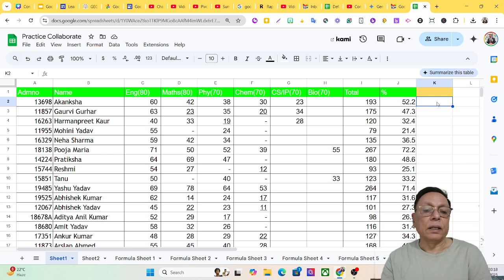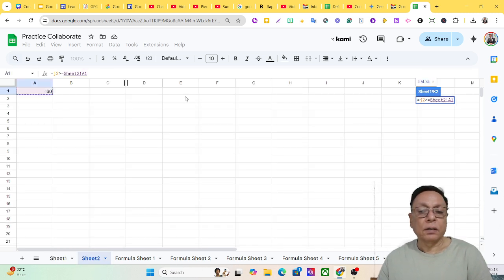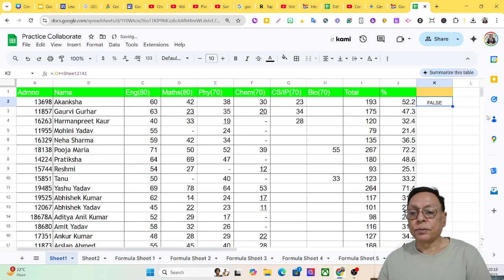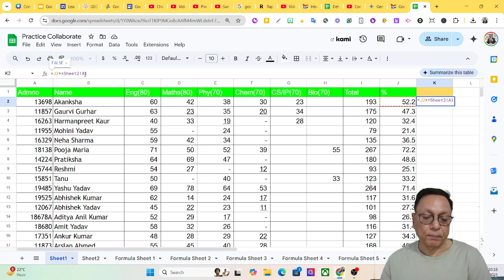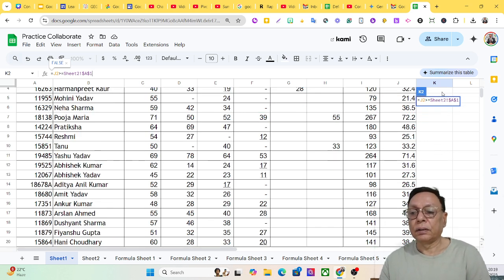I'll apply equal J1, J2, greater than or equal to, and the condition is on another sheet, the sheet is this, so I'll click on this and press enter. So see here, this gives me false. Again I'll have to make this an absolute address. So now this is an absolute address, and if I drag down this formula,